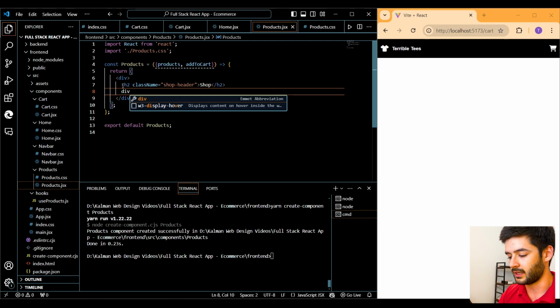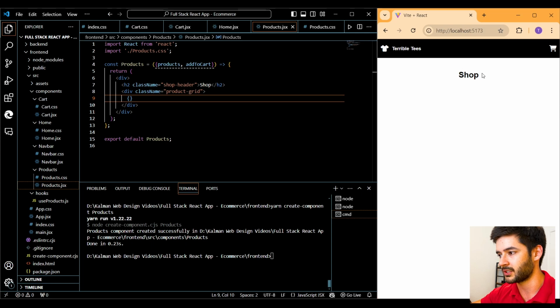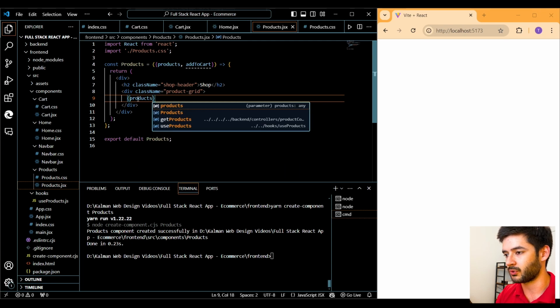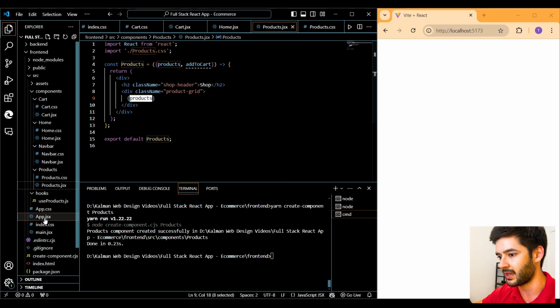Now I want to create another div with a class of product-grid, and now I want to dynamically render all the products from the database on the front end. So what I need to do is, one, I want to make sure that I'm on my shop page, and you guys can see that because shop will display. And then I want to use my products property, and again, this is all the information from the database being passed down